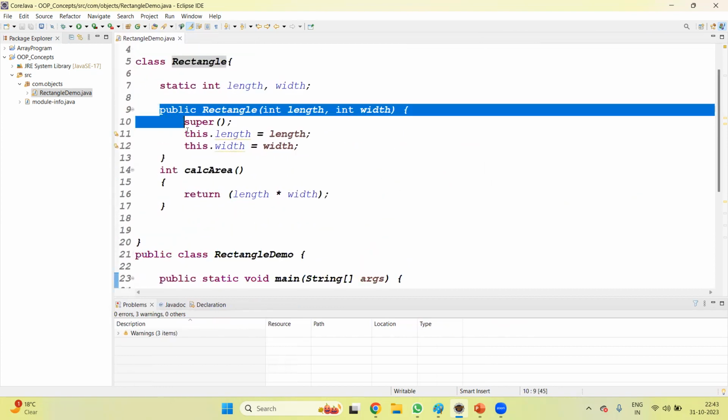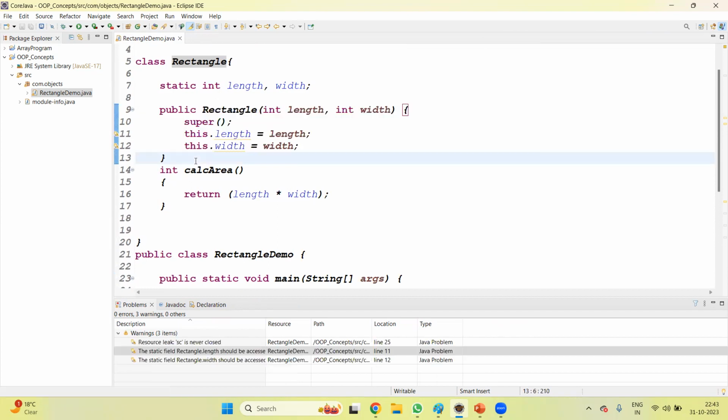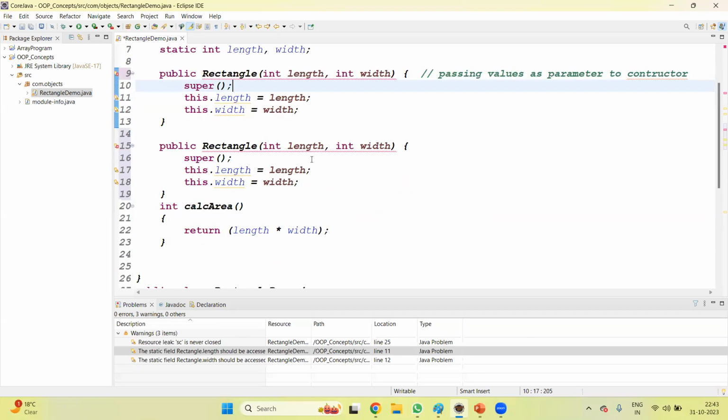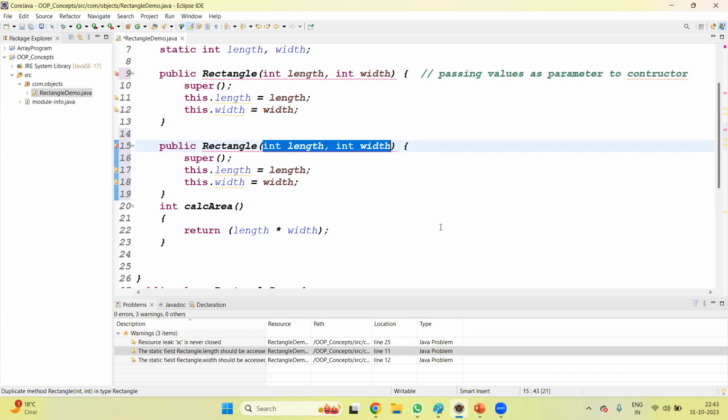So what I'll do, instead of passing the values, Control C, here only I'll take another constructor. Here what we are doing, we are passing values as parameters to the constructor. But here I want to pass an object. If I want to pass an object, what is the name of the class here? Rectangle. The data type must be the class name. So class name is Rectangle, suppose obj,